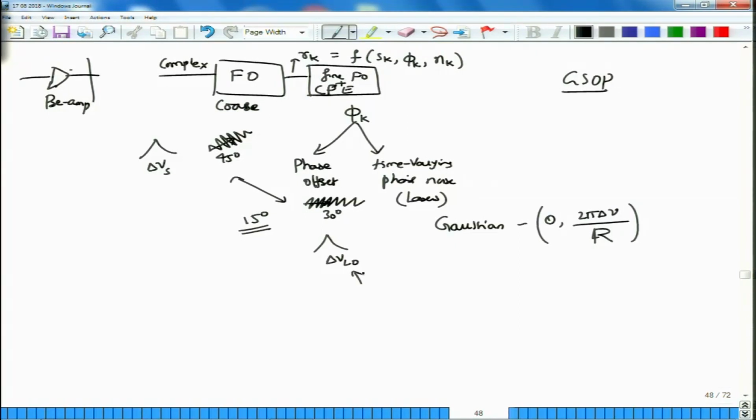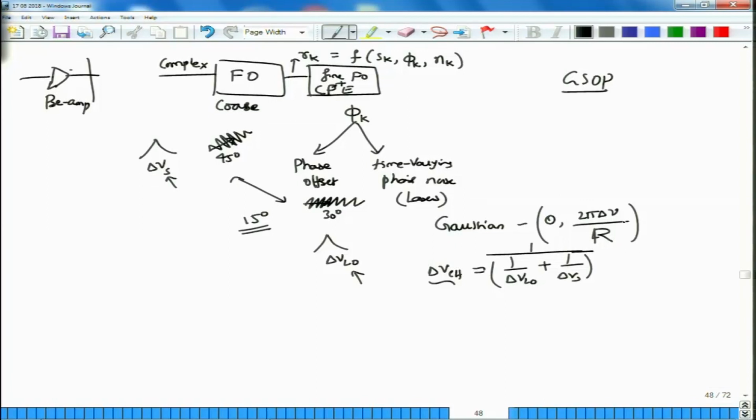When you have delta nu LO and delta nu S, then you can define an effective line width, which usually is something like 1 over the sum of 1 by delta nu LO and 1 by delta nu S, 1 over the entire thing. Or if the local oscillator line width is negligible, then you can write this delta nu effective mainly in terms of delta nu S. So, one of them is usually the dominant line width.